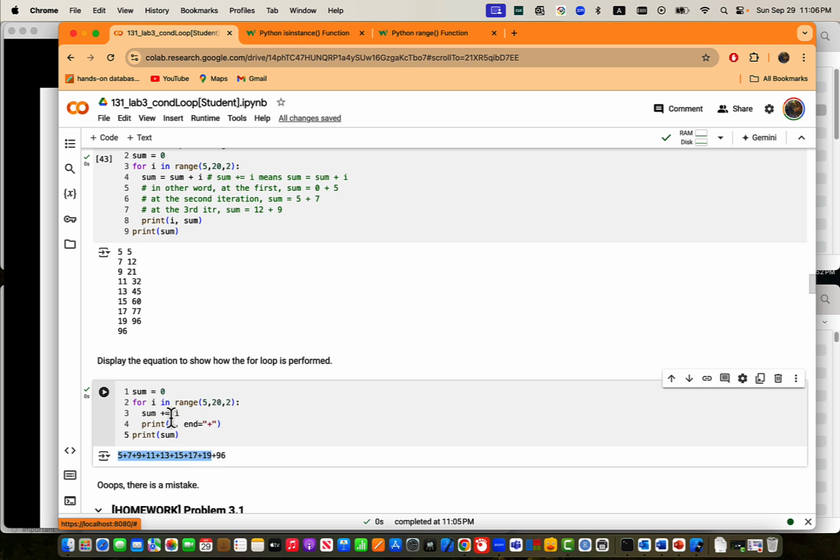I want to make a formula. So I want to write everything in one sentence, not each print statement on its own line. Even if I do print, I want to continue to print the remaining on the same line like this. Then you have to use end. Okay. So let me show you